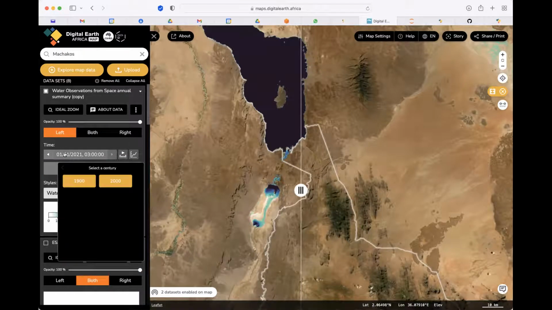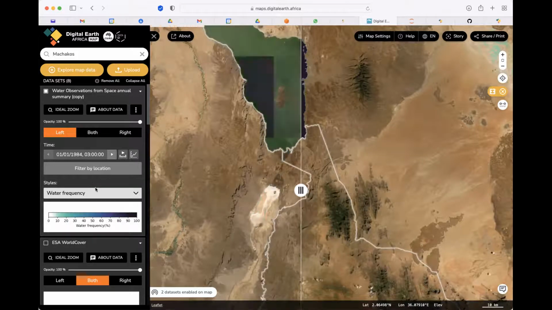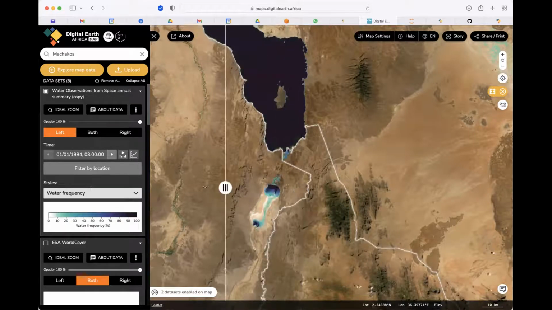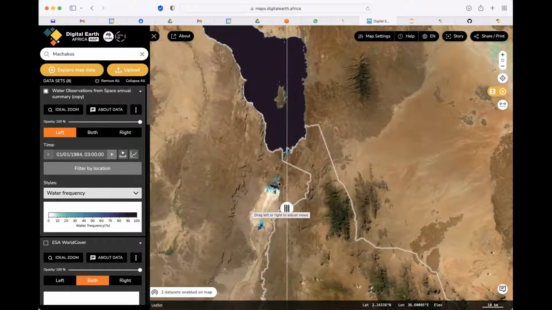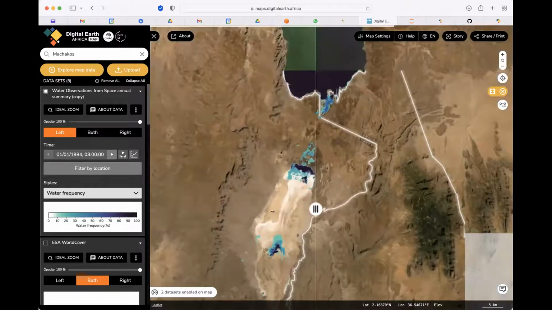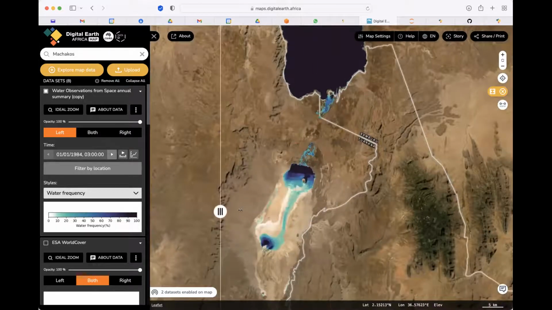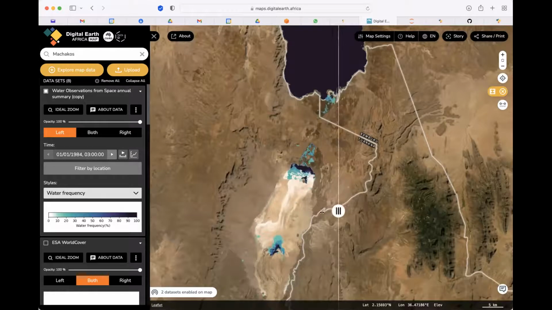So this one you can change to a near, like the 80s. You can see how things looked and how things look now. So you can see the lake has been showing some variability, this particular body, Logipi, which I can zoom in and you can see behaves more like a desert lake, which disappeared.